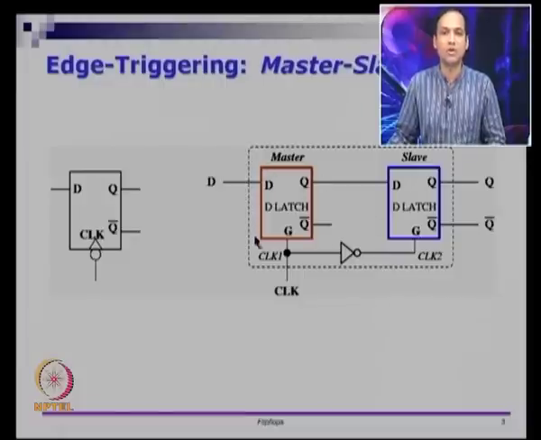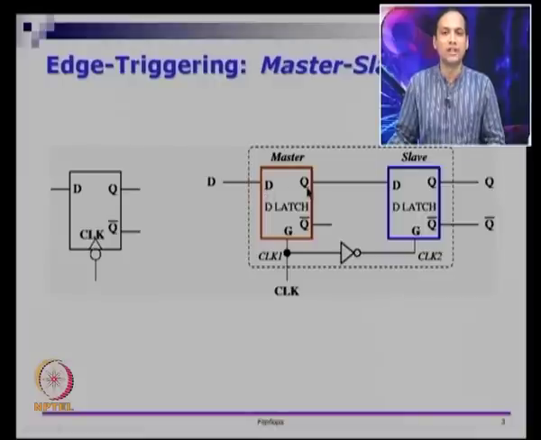So you have something called a master latch, which is in red, and you have another latch called the slave latch, which is in blue. These are your basic D latches. So we take two of the D latches, put them back to back, and we take the external input D connected to the master's D